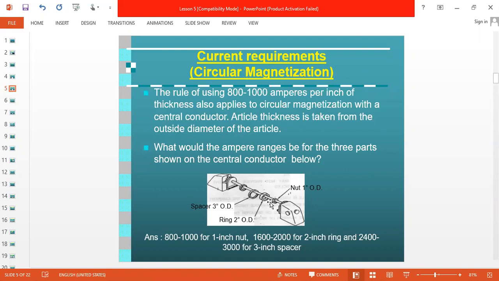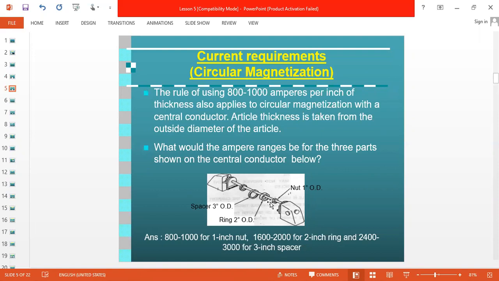Second, with the help of a central conductor, we can find internal cracks, meaning cracks located on the ID, the internal diameter surface, the inner area of the specimen, and radial cracks which occur on the face. This is the benefit of the central conductor.